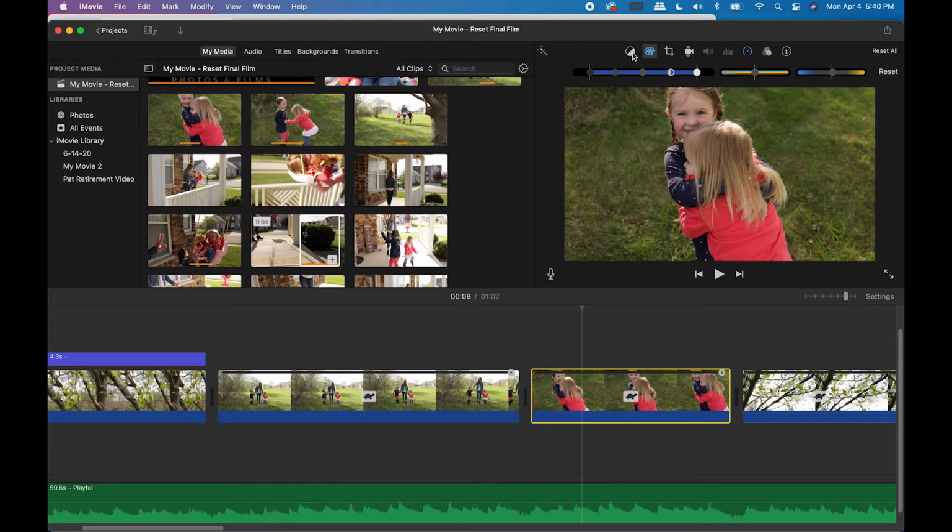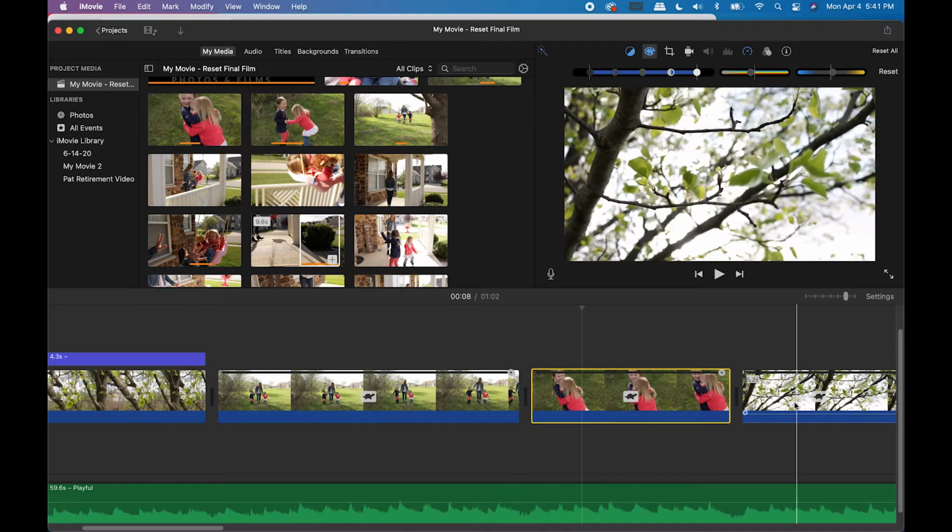wand. The other option is to click over into this panel here, and you can choose auto, and that's going to give you an auto color adjustment. So for me, this is a little oversaturated. I will say that if you do the auto adjustment or the magic wand, which these do the same thing, you may want to pop back over here and drop down your saturation, or adjust your white balance to make sure that the color looks how you want